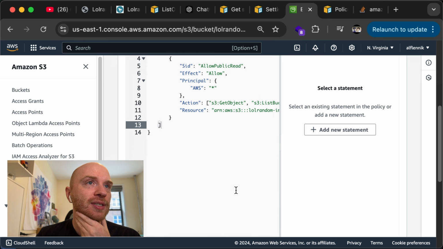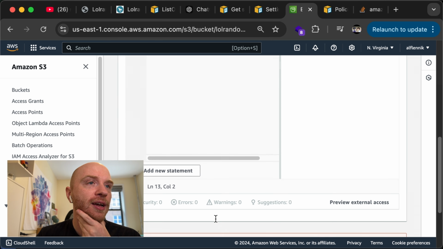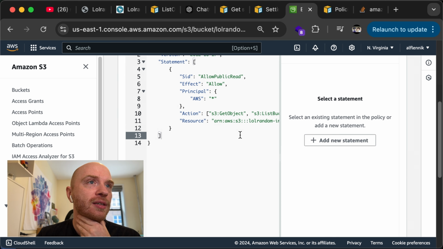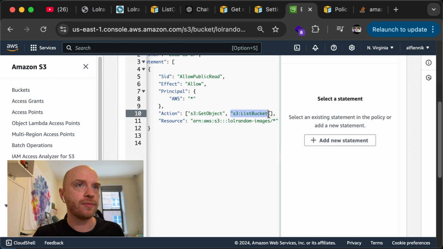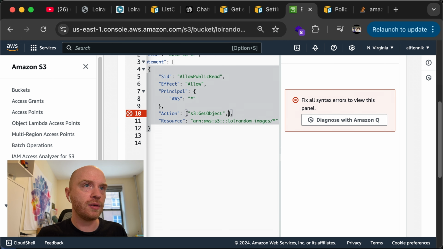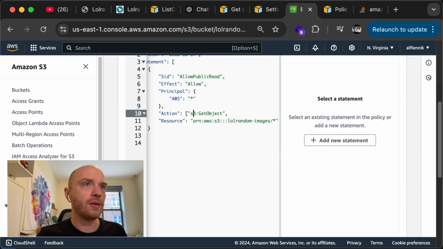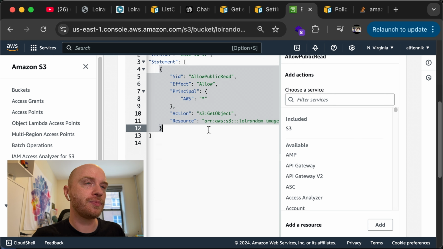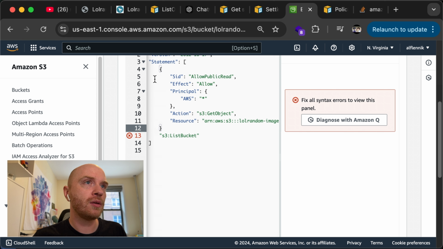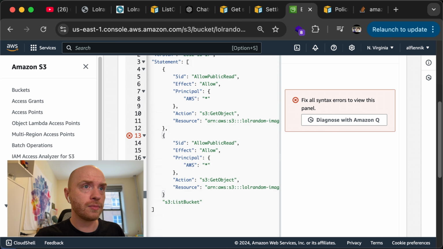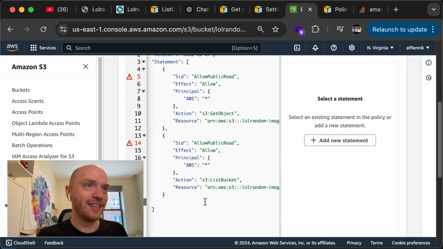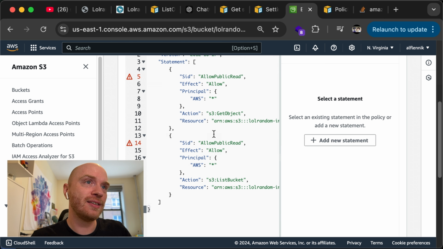Okay, I guess I need to do it separately. Action does not apply to... So we'll put it back the way it was. Add another statement. I'm just guessing, 100% just guessing that it would be like this.